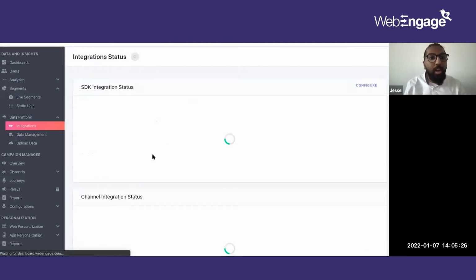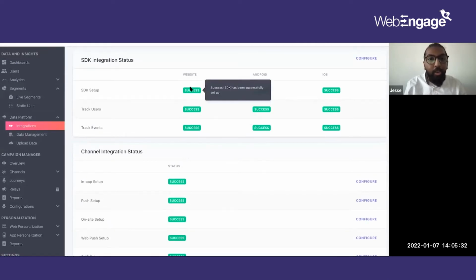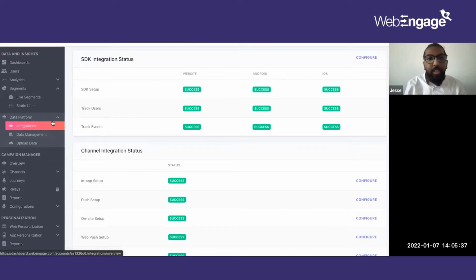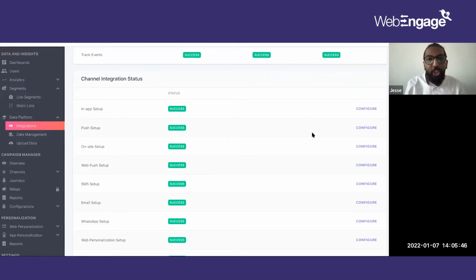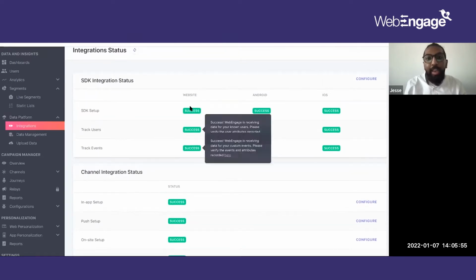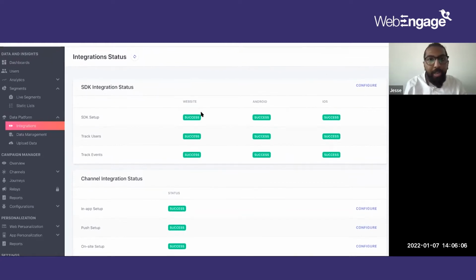Before the user section, the main part that I want you to do is, once you're done with your integration and onboarding, it's important that you take a look at your integration status. So if you go to data platform and look at the integrations, you can see how your integration is done across website, Android, as well as iOS. And below that, you can also see your channel integration. You would have your text setup, you would have your SMS, you would have your email, WhatsApp, anything and everything about your setup would be shown there. If it's success and green, you're all good to go. If it's stale or maybe no data coming in, then that's something that you would have to take a look at and fix at a later stage. I hope we've been clear till now.